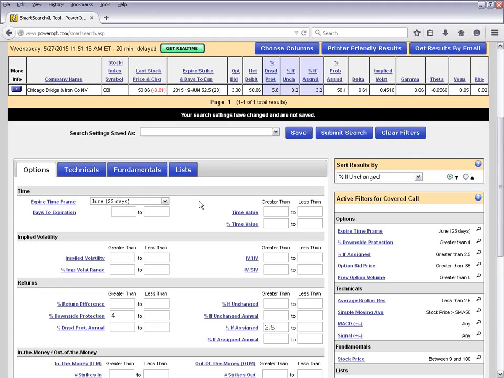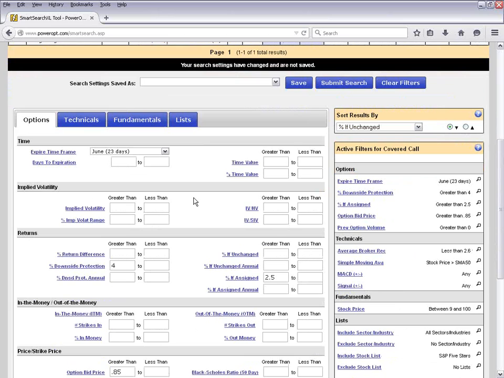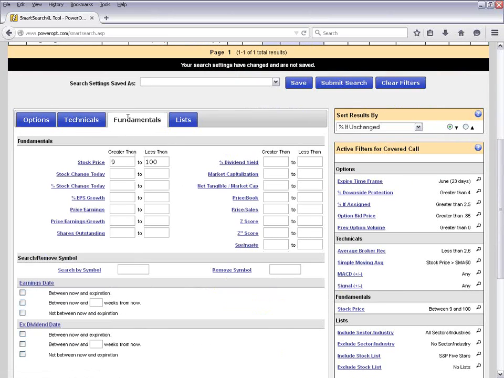Okay, but what did I talk about at the beginning? I talked about that in addition to selecting the right strike price, probably the most important thing is the stock selection. I want to find a stock that has good liquidity, probably has positive earnings per share, has shown good management, and is likely trading in an uptrend. Now, our default search, we've set some of that up for you here. So if I'm going to go to the fundamentals now for our options criteria,